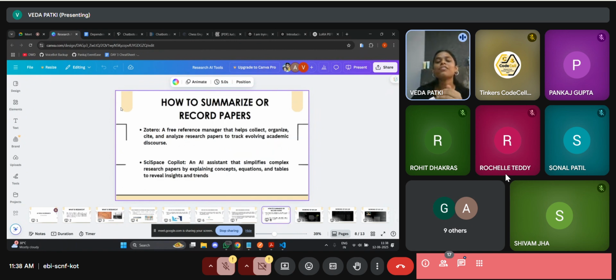Okay, so this is essentially for when you are on a time crunch and you don't have enough time to go through everything. But if you do have enough time, I would personally recommend that you try to read those papers. You look at the methodology, you look at the motivation, whatever is given, even though it can be very difficult, it can be daunting. But when you're on a time crunch, it's okay to go with these tools, and that is the best way. But when you do have time, I would suggest that you do read the papers,